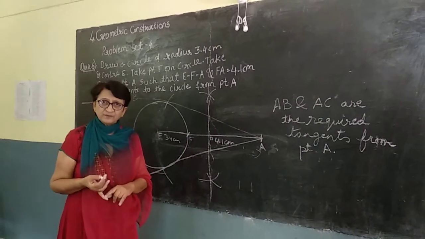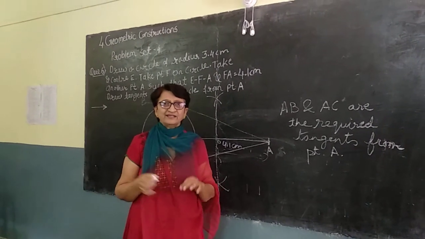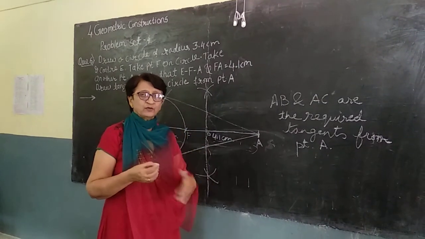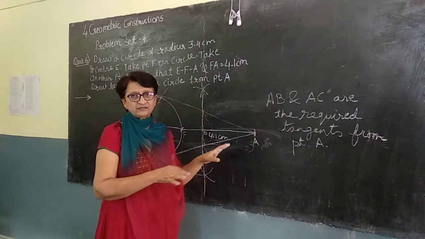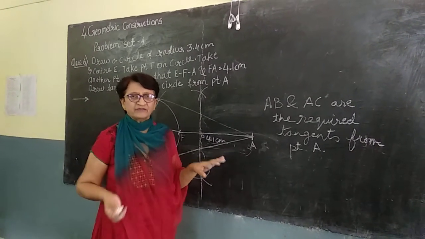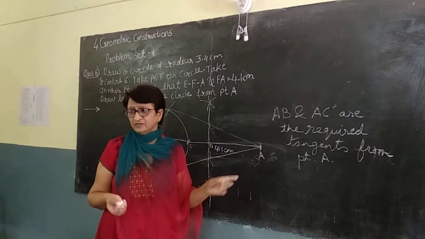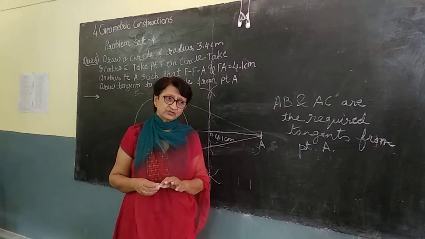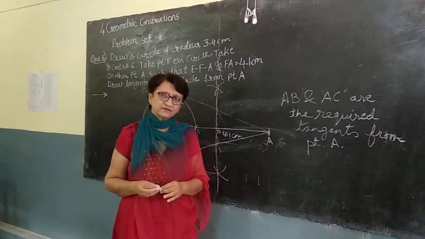Do all the sums. If you have any difficulty in any sum, then do call me and I will solve it. Or you put it out there, then I can explain it on the board so that the whole class can understand it. Others also may be having some problem. But I hope that this construction chapter and the statistics chapter are very, very clear to you. There should not be any mistake and you should get full marks in these two chapters. Thank you.